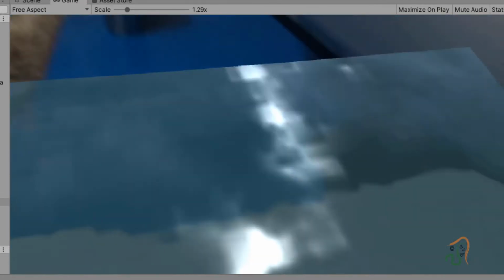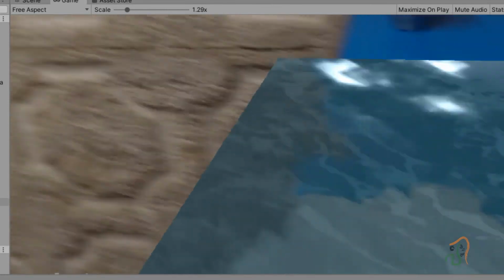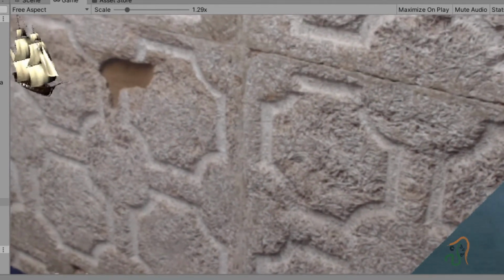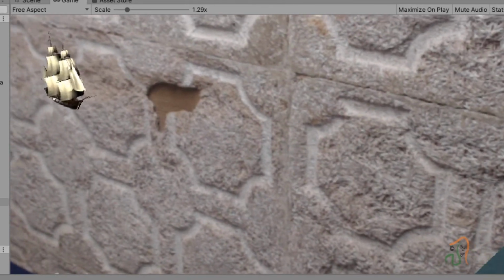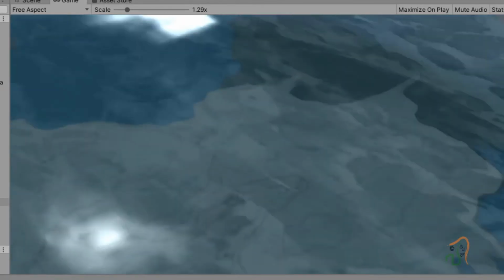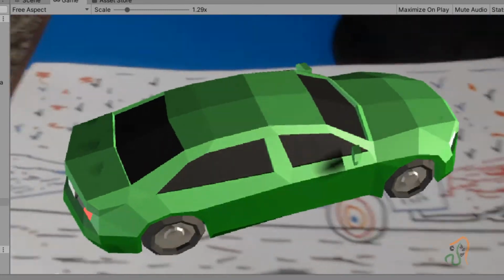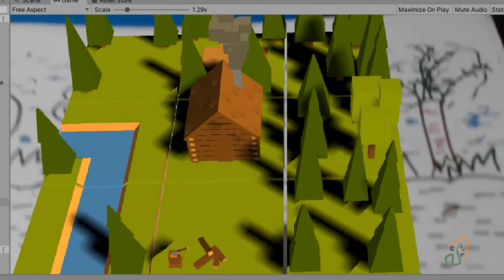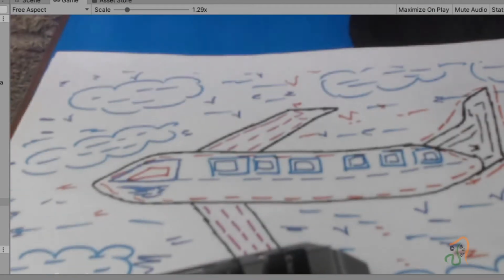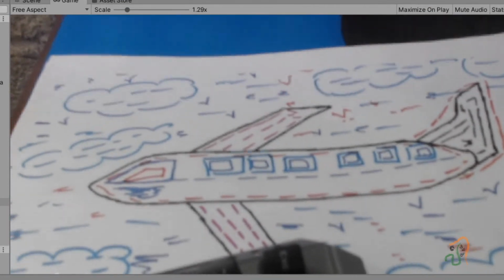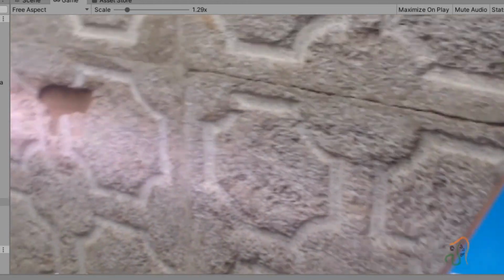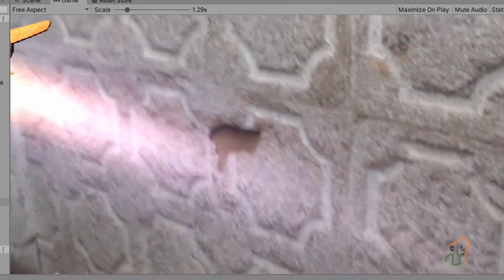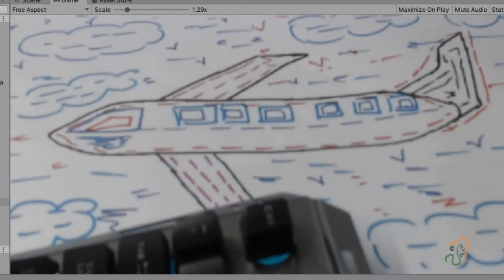Then when we come to the ship, you can see the ship is not at all visible. See where it has gone? The ship has gone away from the screen. It has got animated and went away from the screen. Similarly, the car we have no issue. The car is not animated. When we come to the forest also we have no issue. But when we come to the aeroplane, the aeroplane is not at all visible. If you turn here, it has gone away from the screen. See, it is going somewhere here. So we have to fix this bug.